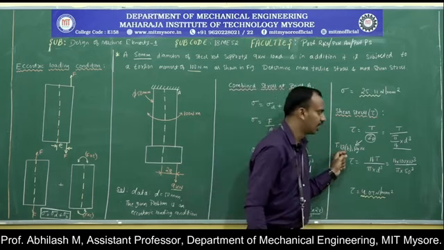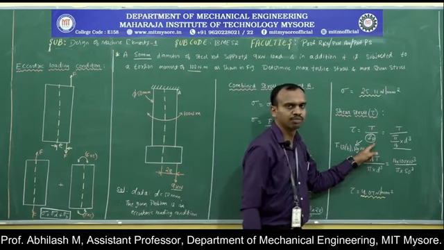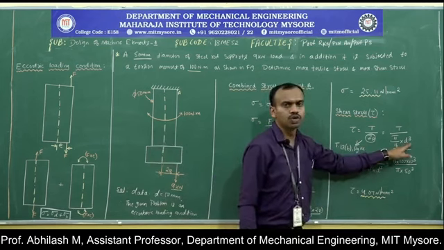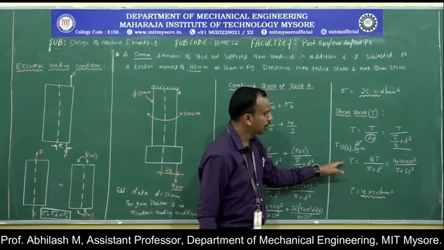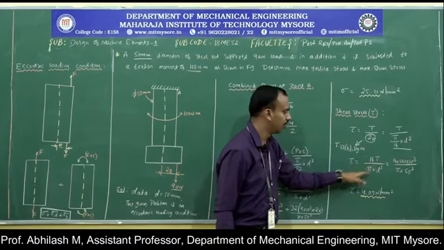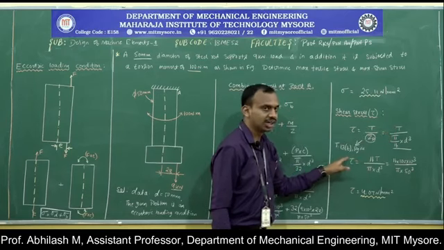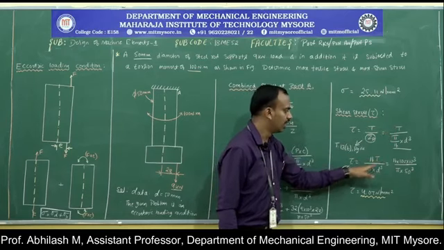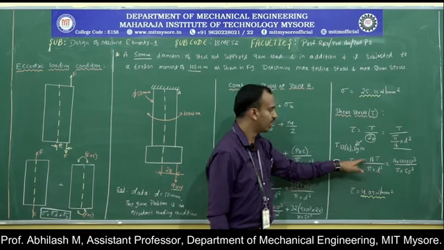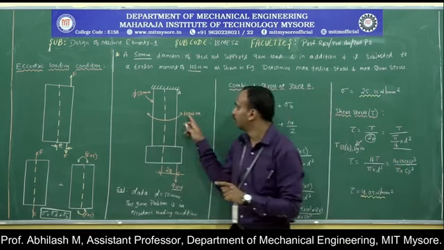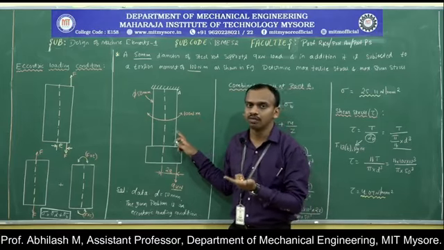So if we refer to that particular table, we obtain the polar section modulus for the given solid rod to be pi by 16 into d cube. Now substituting the values, I am transferring this 16 to the numerator, so the shear stress is given by 16 into T divided by pi d cube, where the torque is in terms of Newton meter, and we have already seen the conversion.